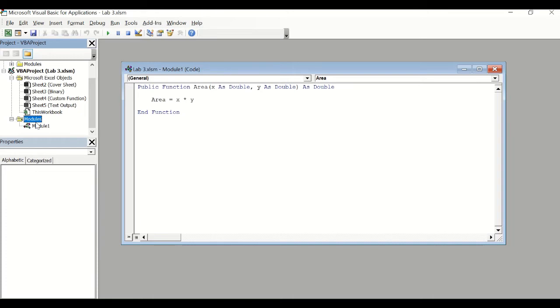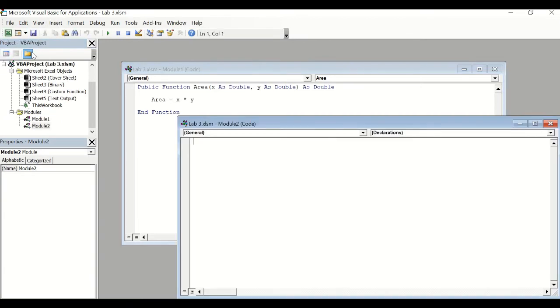Generally I see a macro as something you can record or run to make Excel work better, work faster, do some calculations you can't do or something like that. So let's go ahead and create it. So we're going to start with a new module. So I'm going to do a new module because